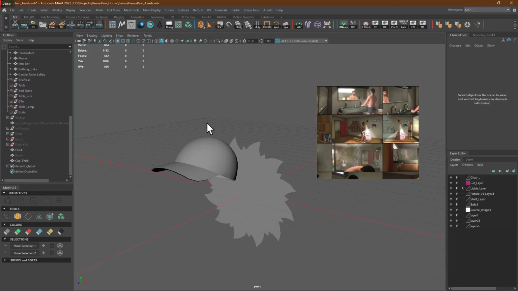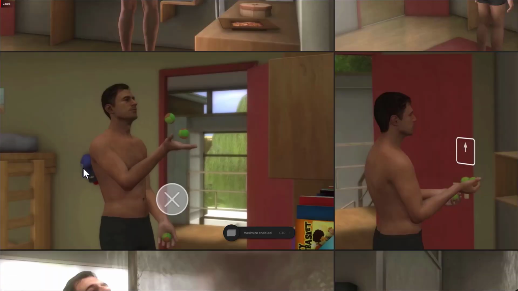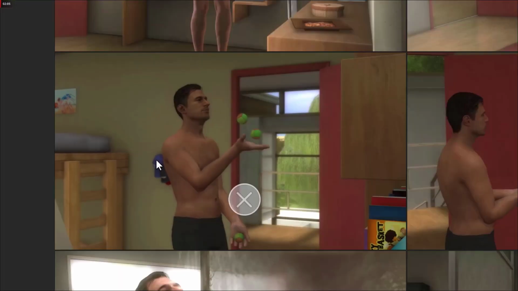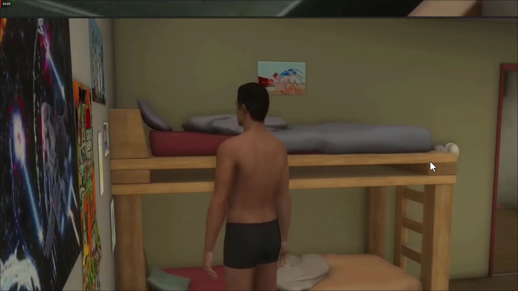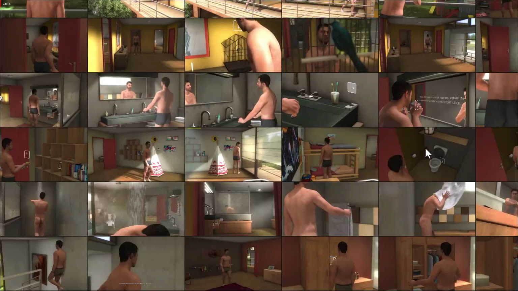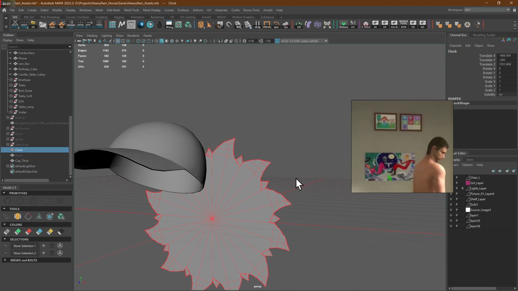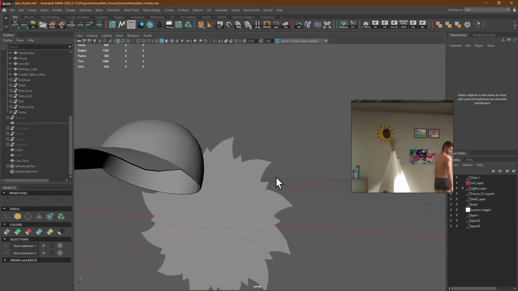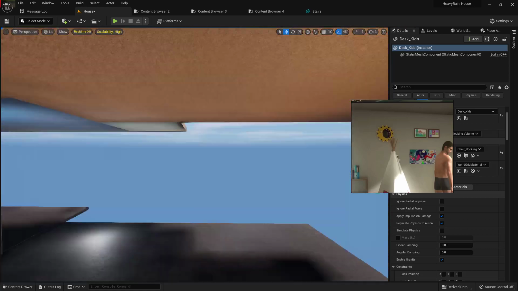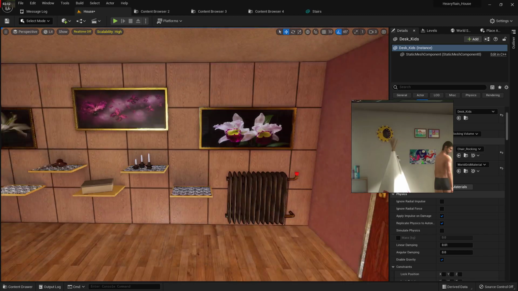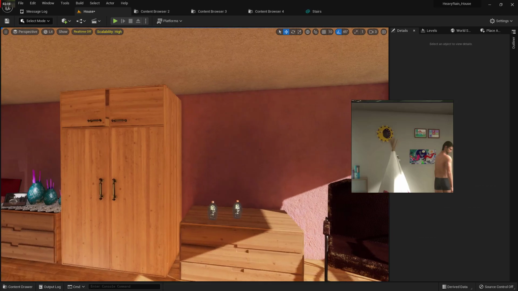So here we are in Maya. As you can see, this room has lots of things to model. For example, we have caps, so many caps with different colors in here, and so on and so forth. And we have a clock. I've modeled the clock, and I wanted to add it. As you see in my videos, there are a lot of things to do, and because it's a personal project, time really flies,